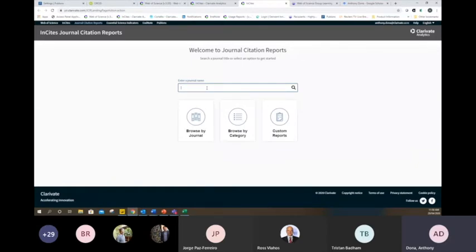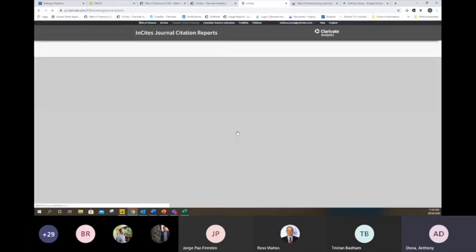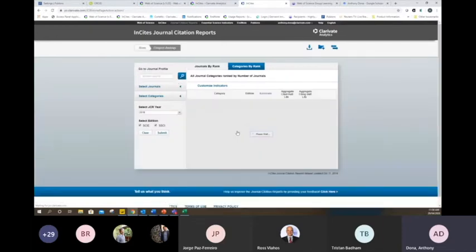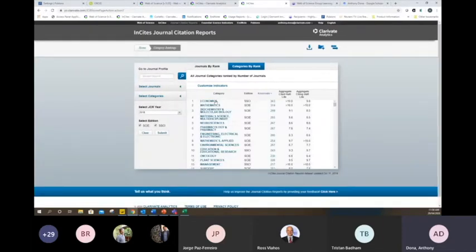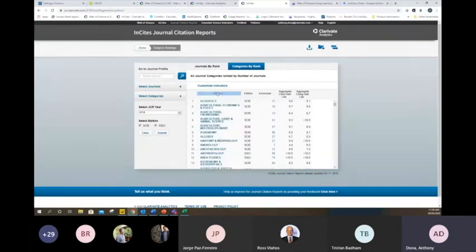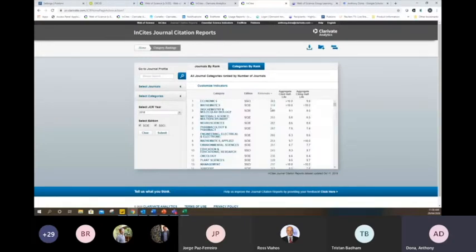And ultimately, if I'm looking at a single paper, let's do this. For example, I'll browse by category here, and this will pull up all the Web of Science categories that we map journals to. If I click on category, I'm ordering alphabetically. If I click on number of journals, you'll see the biggest categories. Economics is our biggest category by total number of journals. There's 363 journals which our company considers to be economics journals, and so are matched to that category.